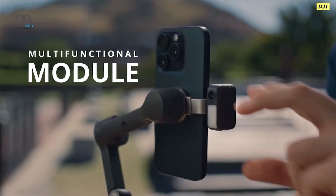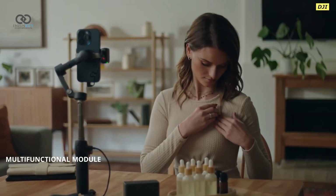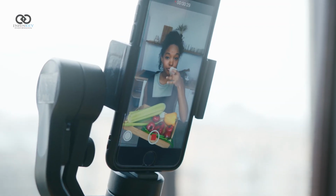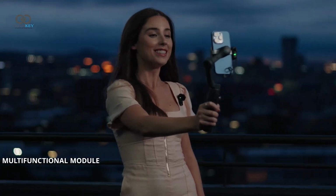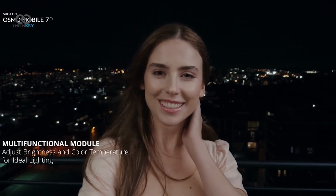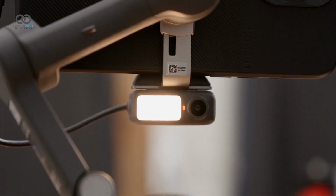The new multifunctional module is another impressive addition, especially with its ability to work with the DJI Mini Mic system for high-quality audio. By connecting the gimbal to the module, you can improve the sound quality of your videos significantly, which is important for content creators who want professional-grade audio. The module also allows you to adjust the lighting with a built-in light, which is useful when filming in low-light conditions. This feature can be easily controlled with a dial to adjust brightness or change the color temperature,